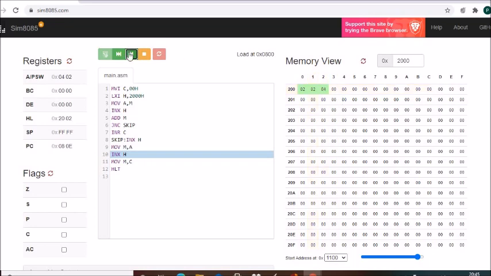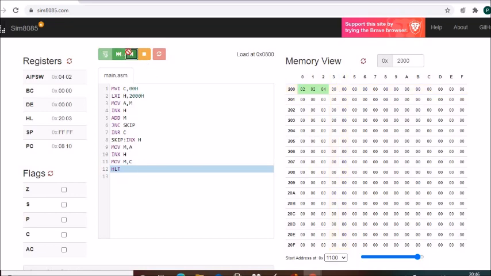Then again INX H. So HL pair has gone to 2003. Then MOV M comma C. Whatever there is in C, since carry is not generated, C is 00. So it will go to 2003. So 2003 is loaded with 00.